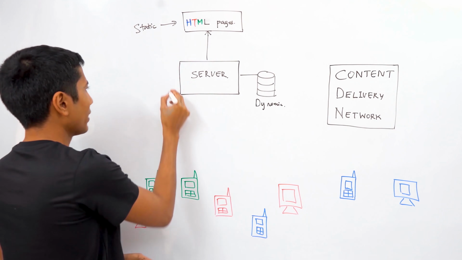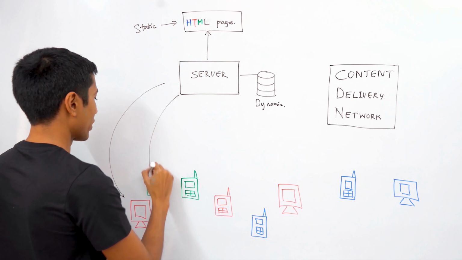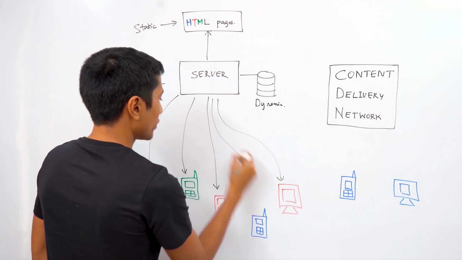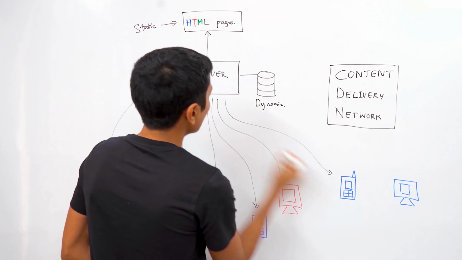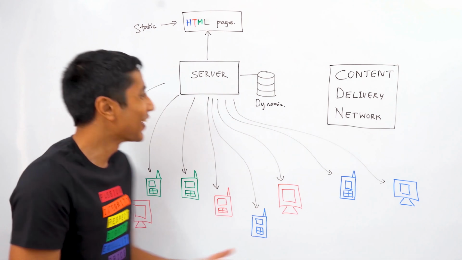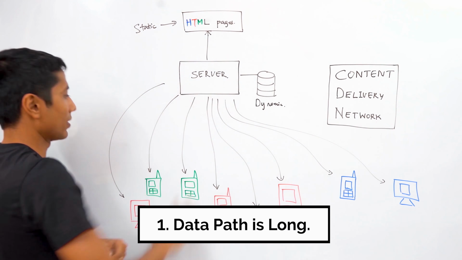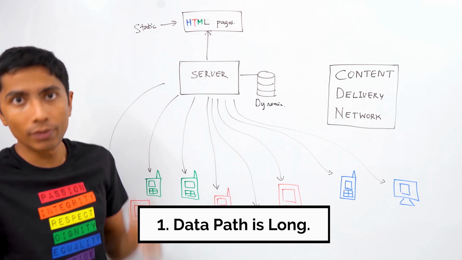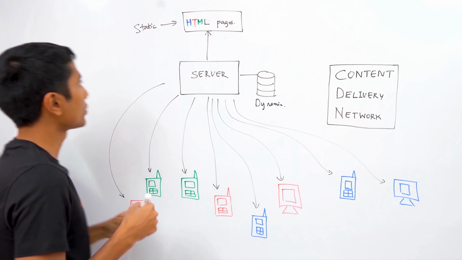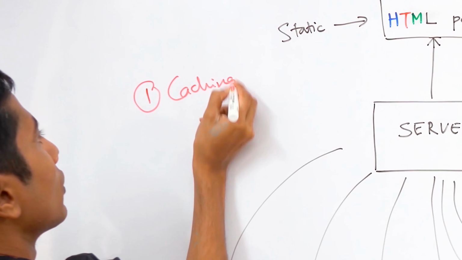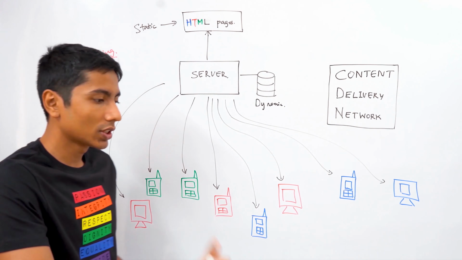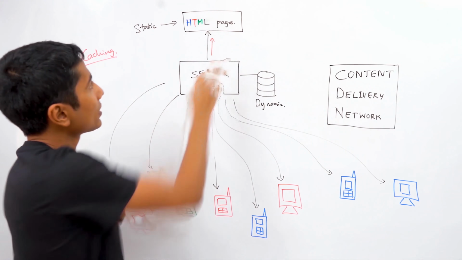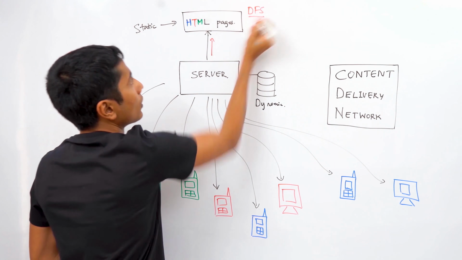So this is fine if you have a few users that you are catering to, but not only could you make this much faster, you could also make it much more efficient by using ideas that we commonly use in computer science. Firstly, you're seeing that there's a lot of distance that is being traveled every time a user is calling for an HTML page. So can we use the first principle of caching things? That's idea number one. We want to cache static pages so that we don't need to make this call every time. Maybe this is in a distributed file system.